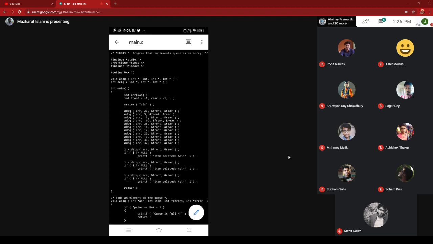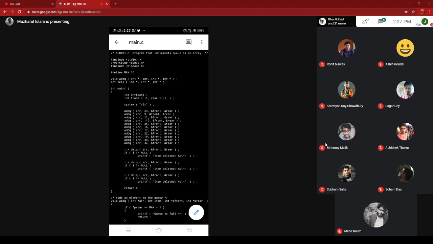Void add queue, small q, here 3 parameters: int star, int star. Here you will use a global array, not global actually. Inside the main it is declared. You will use one array, and front and rear both are initialized as -1.